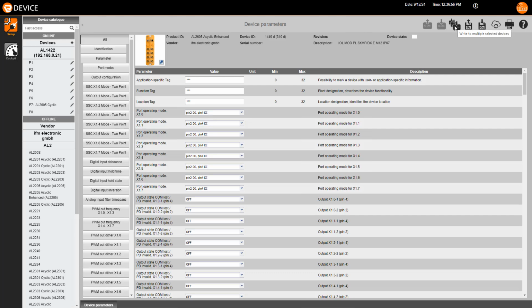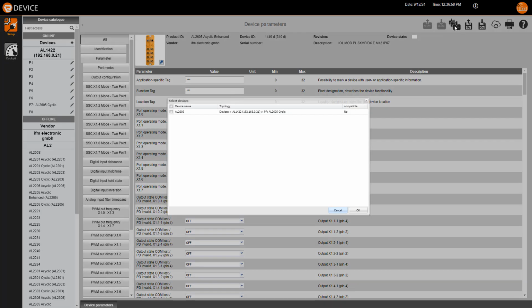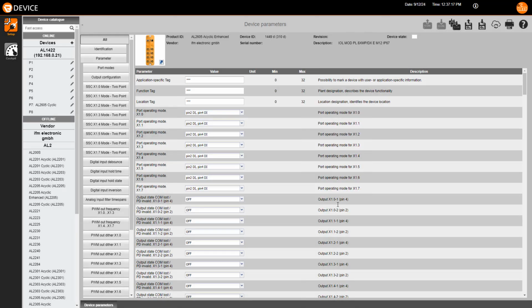up to Write to Multiple Sensors, click on the AL2605. This, we can see here, matches up with the master I have connected already. And we're going to click on OK. That is going to push that profile to the hub. And from there, we can